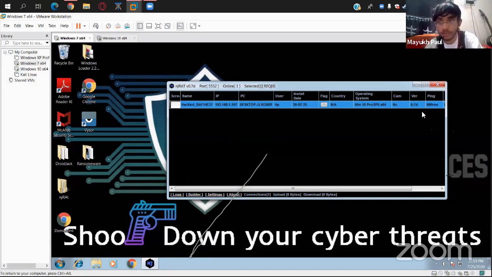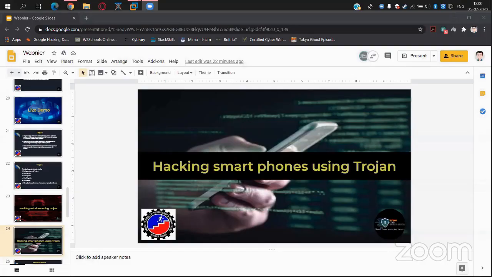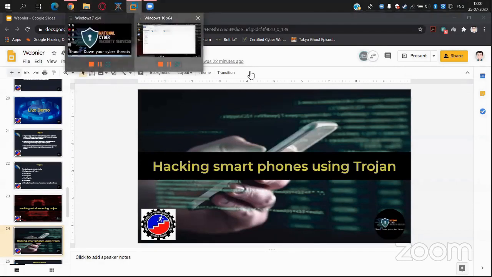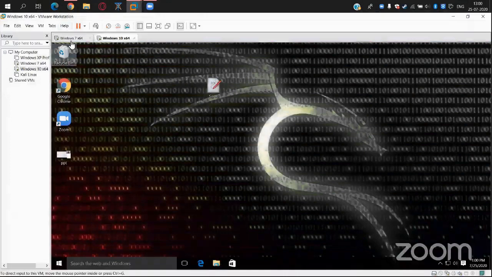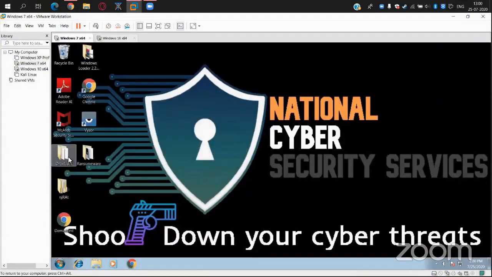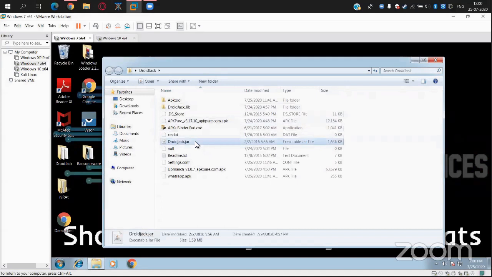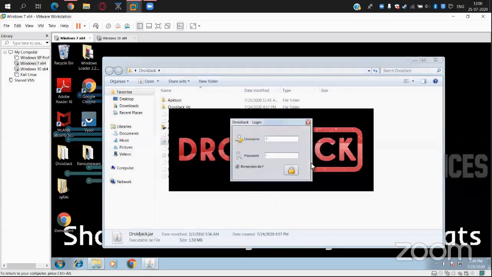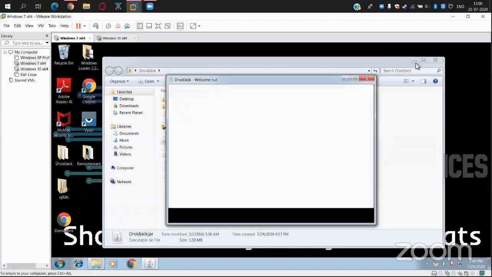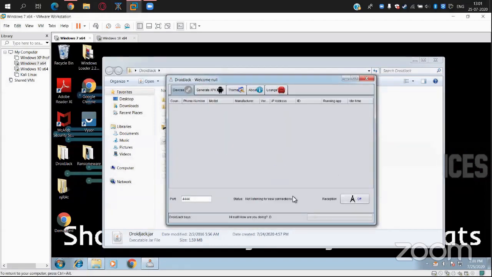So I'll stop sharing my screen for a moment. The next thing I'm going to show is how to hack a smartphone using a Trojan. You can hack any Android device with it. Let me show you. So this is my attacker's machine, as I mentioned earlier. This is the GUI I'm going to use for creating the Trojan. Similarly, like the last one, this is a listener portion, and this is where the device name is going to come when we have access to it.